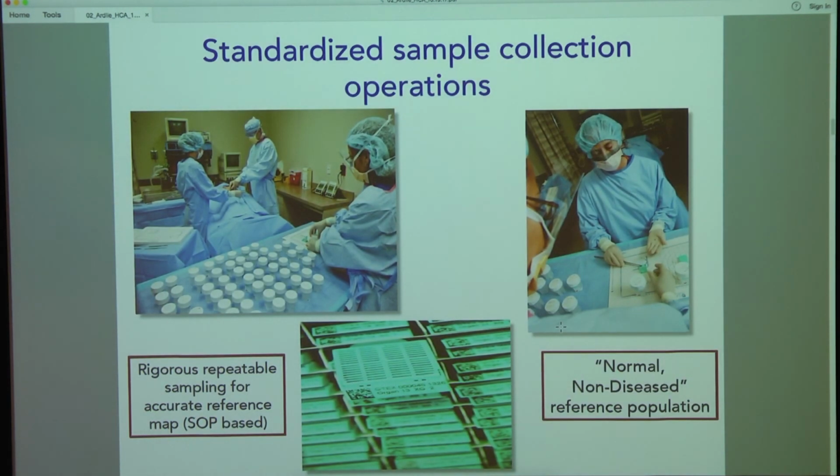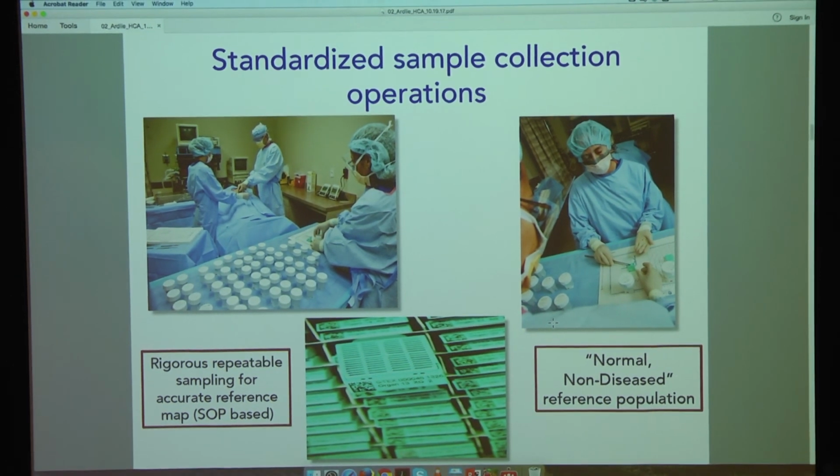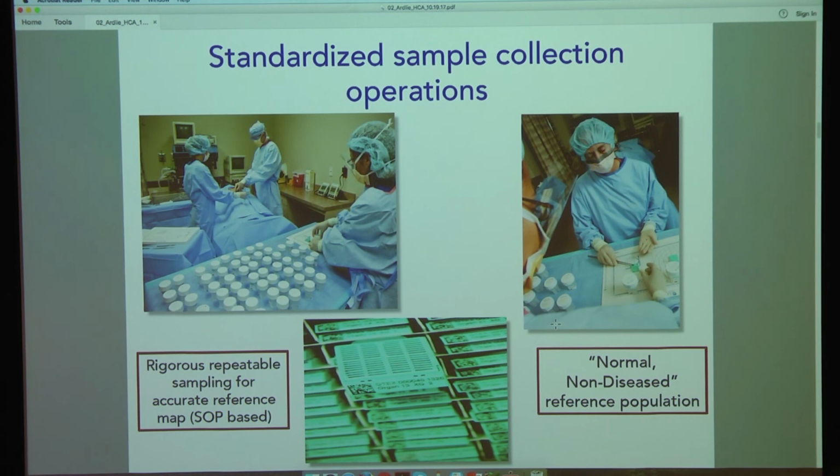So this is what the operations looked like. As I said, we had a team. It was highly organized when we went in after a donor, so we could get this many samples of high quality in a very short time period. They were normal, non-disease reference population was the goal. And really what we needed to do was rigorous, repeatable sampling so we could get an accurate reference map across